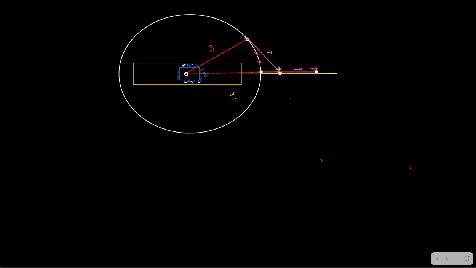See, if this pink link is going up, the pink link is fixed to the yellow link with the revolute joint, right? It will pull the yellow link upwards. The new position of the yellow link I'm going to show right now. The yellow link will be pulled upwards, right? Till here it is being pulled upwards.